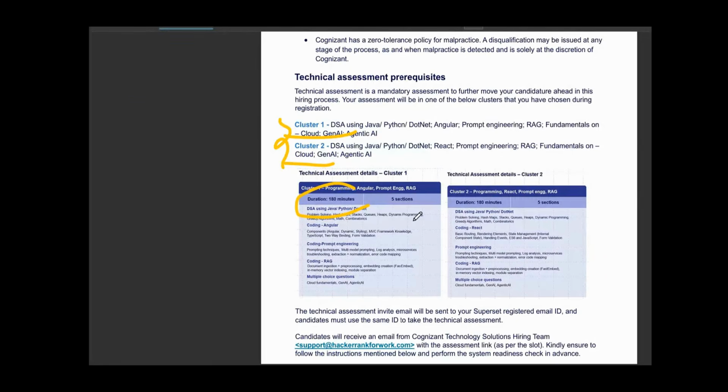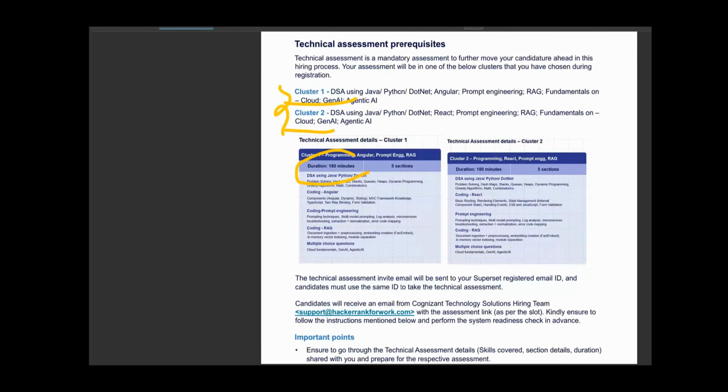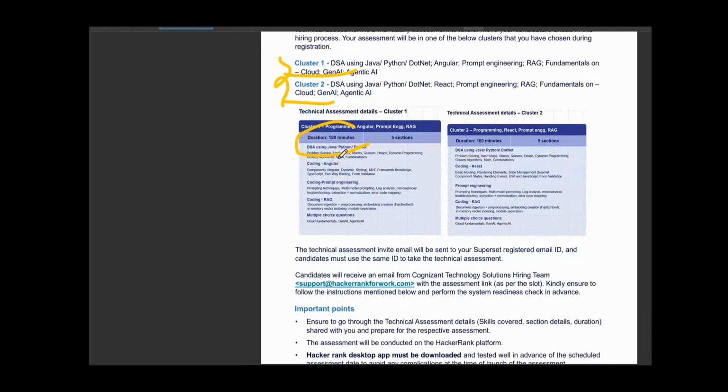In the coding section, first understand the coding part. In section 1, there will be a DSA coding question, one question that is around 30 minutes. The topics include arrays, graphs and DP. And section 2, coding: Angular, which is for cluster 1. Okay, and then